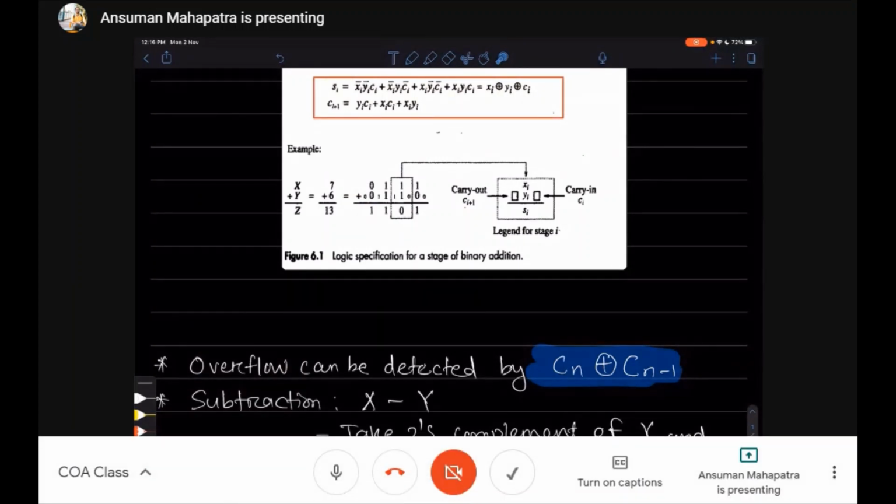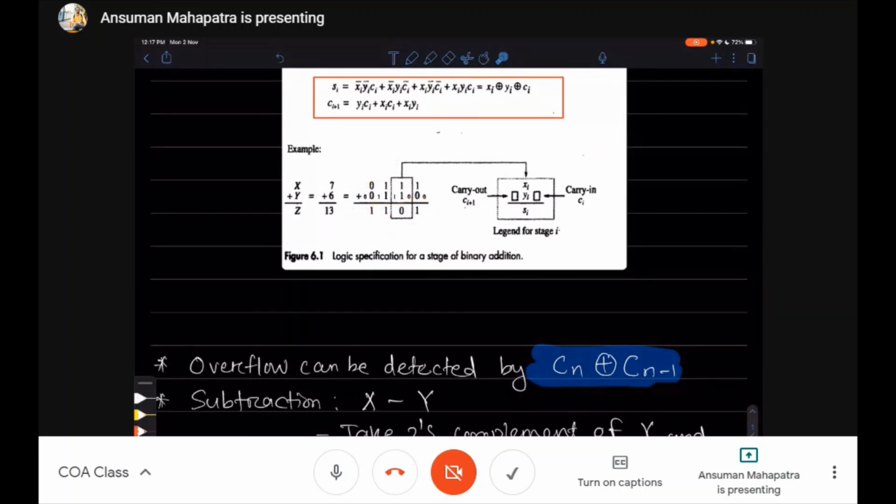As you have seen, Anurag has told that you might get one extra bit. So the extra bit can be discarded. Extra bit means the fifth bit. After the addition, if you get a fifth bit, you have to discard it obviously. But the thing is that these two signs have to be the same. If both are the same after discarding the extra bit, then this addition is valid. The overflow condition says that after the addition, the operand sign and the result sign have to be the same.